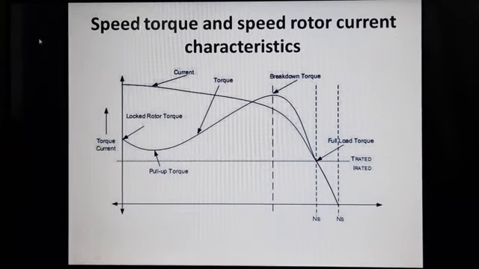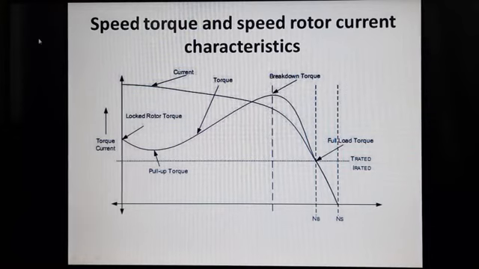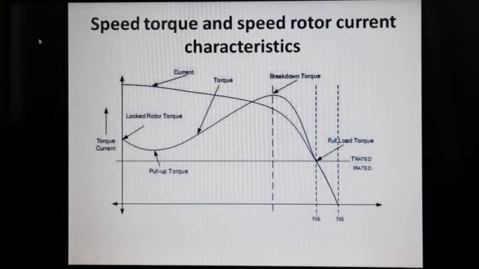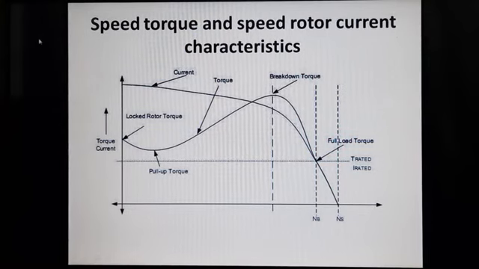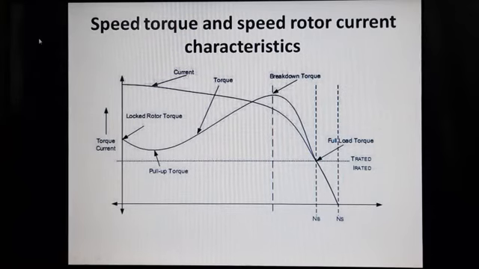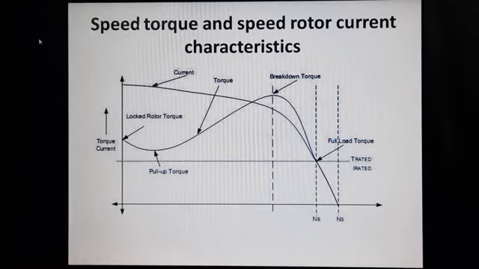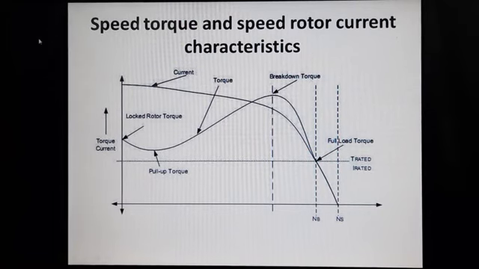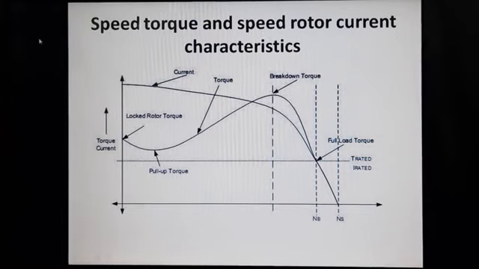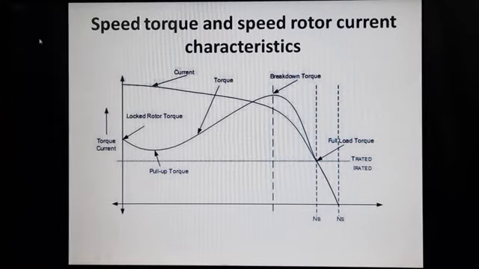From the torque relation, as you know, in the denominator there is a term s into Xr dash square, and in the numerator the term is s V square Rr dash. So if you are looking at the low slip region, that is, the value of slip is very small, while considering the low slip region, you can neglect the slip square term in the denominator. So the only slip term which will exist is on the numerator side. So the torque is directly proportional to slip s.